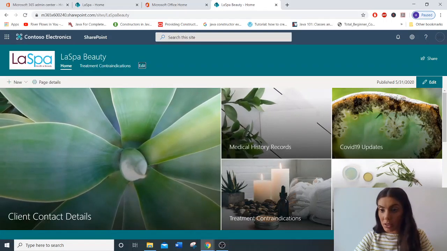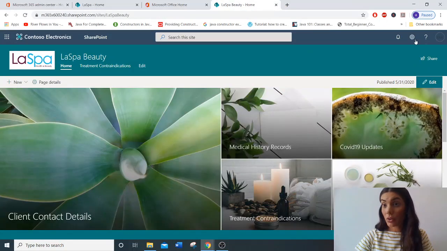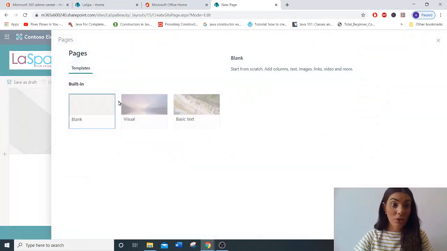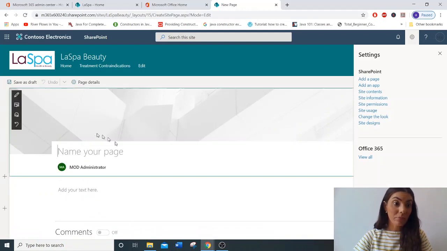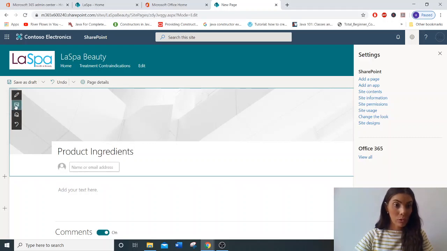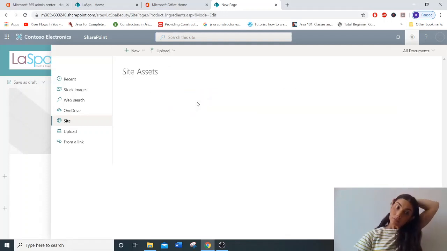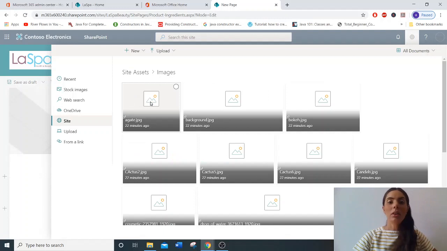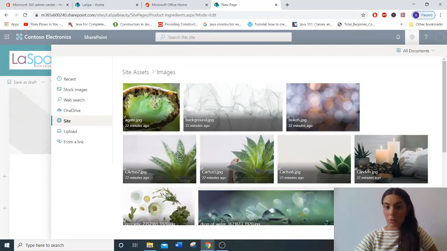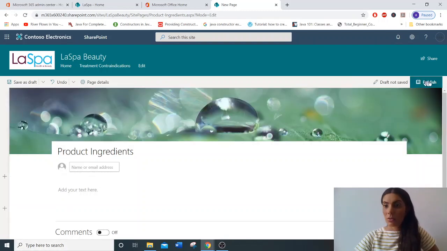Now I wish to do product ingredients. So because we haven't set the page on that one, I'm just going to quickly do it now just to show you. Cog, add a page, blank, create page. So this one was called product ingredients. Site assets, images. Do the drop of water again to keep it consistent. Comments off, publish,